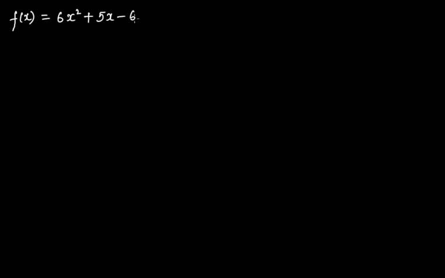Next, 6x squared plus 5x minus 6. Now again two numbers p and q such that p plus q has to be equal to 5 and p multiplied by q has to be equal to 6 multiplied by minus 6. Constant term is minus 6. Never ignore negative sign. That is 6 multiplied by minus 6 is minus 36. Okay. It means that